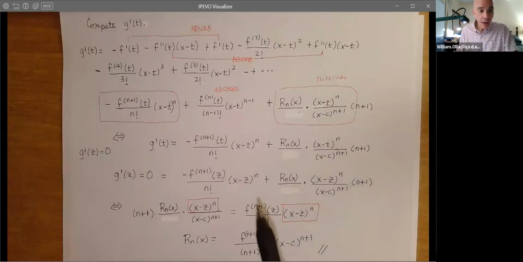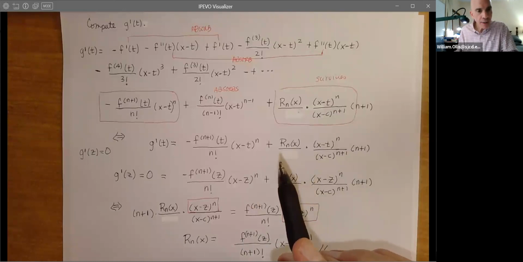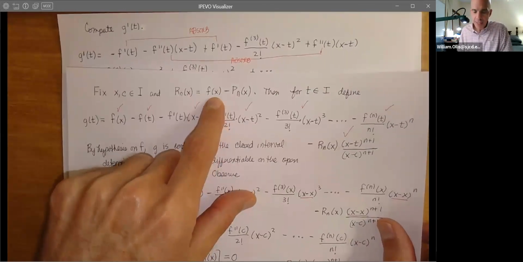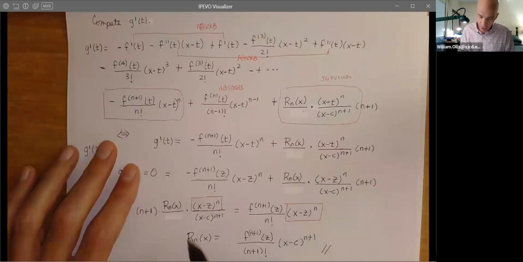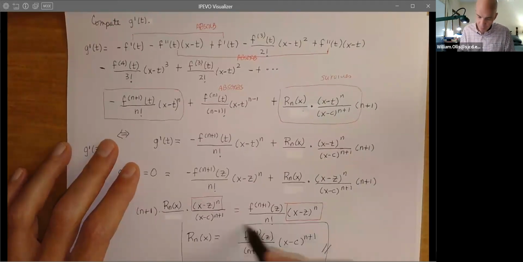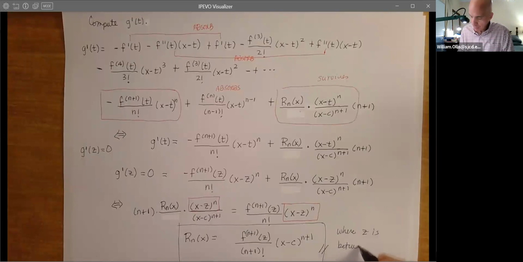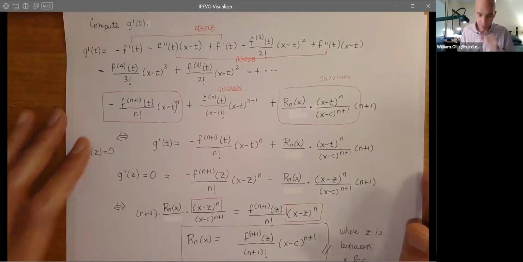And then when we go back to the original part of our theorem, let's see, right here, we've got it. That is, f of x is indeed the Taylor polynomial plus the remainder, and the remainder looks just like that, where z is between x and c. See, that this is what's neat about these theorems.